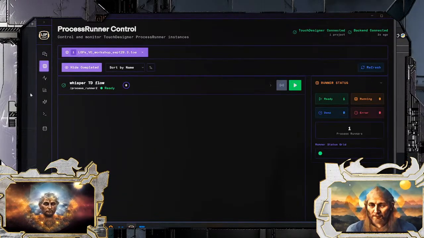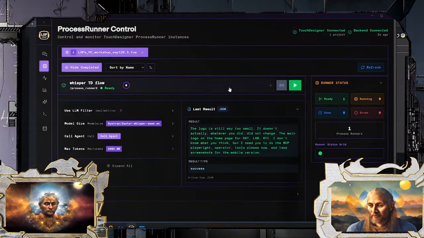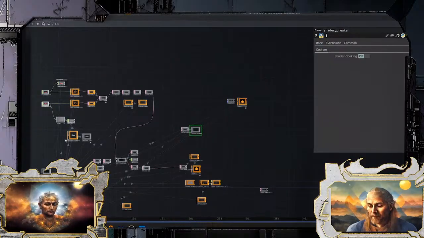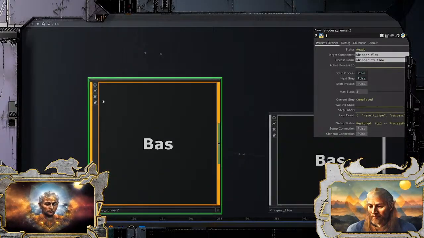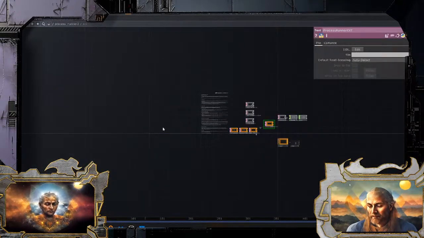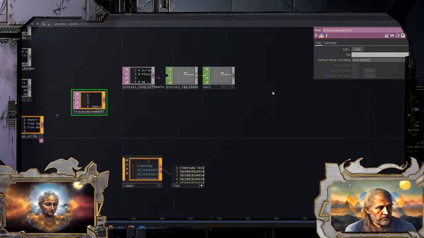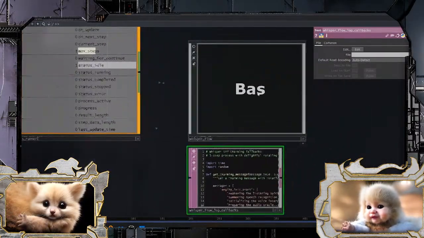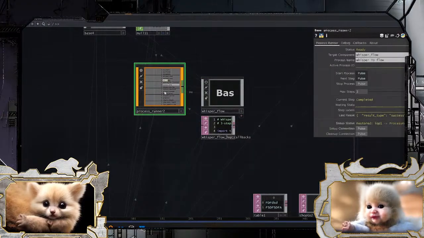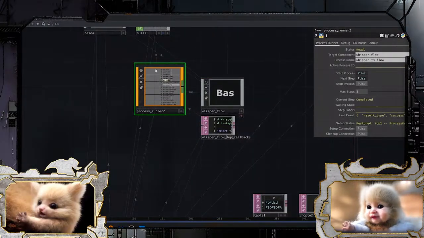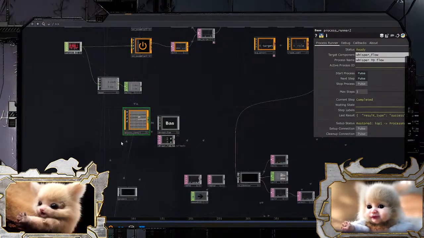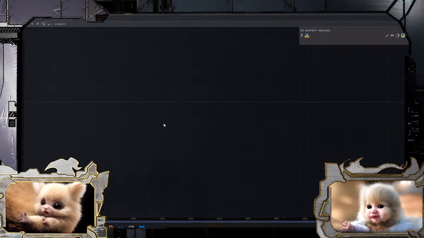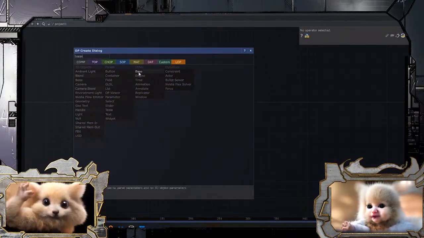I have this thing called a process runner. The process runner is pretty much just a little bit of simple logic, and it injects callbacks onto an operator. If I was to take this process runner and go somewhere, I haven't done this in a while, let's see if it works.